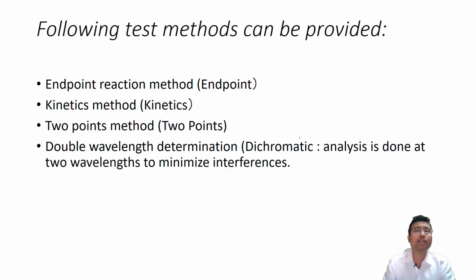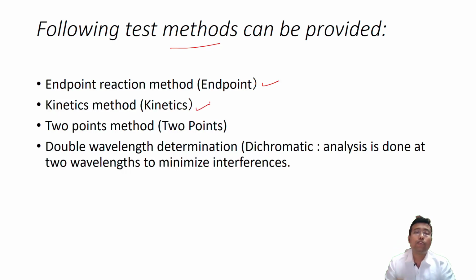So next, let us look at the tests or the methods, the principles by which we can analyze a few analytes or reagents. Number one is endpoint. Now these we will not be discussing in detail because it's mainly in the enzyme kinetics part. You should know by this point what is an endpoint analysis, what is a kinetic analysis. If you don't know, we will discuss it in our future videos. But an endpoint reaction means you mix something, you incubate it for some amount of time, then you feed it to the semi-auto analyzer. For example, glucose, uric acid, all of them are examples of endpoint analysis.